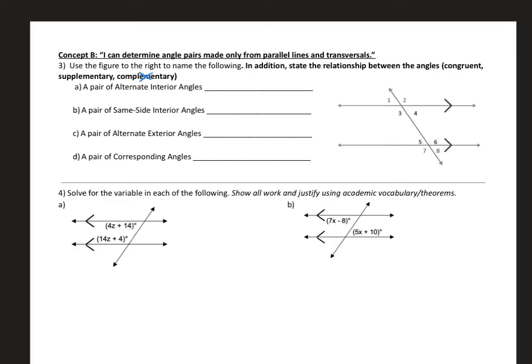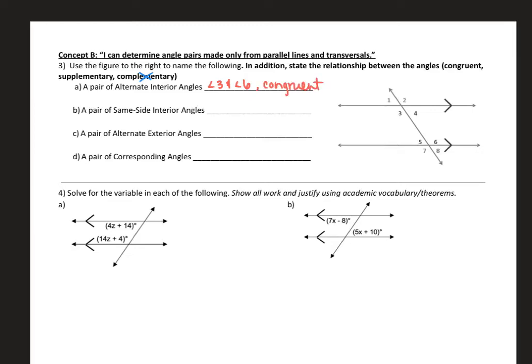All right, so starting with number 1, we're looking for alternate interior. So alternate refers to the fact that one is on one side of the transversal and the other angle's on the other. So for instance, 3 and 6, and interior means in between the parallel lines. So those would be alternate interior. The other pair of alternate interior would be 4 and 5. So angle 3 and angle 6 are alternate interior angles,